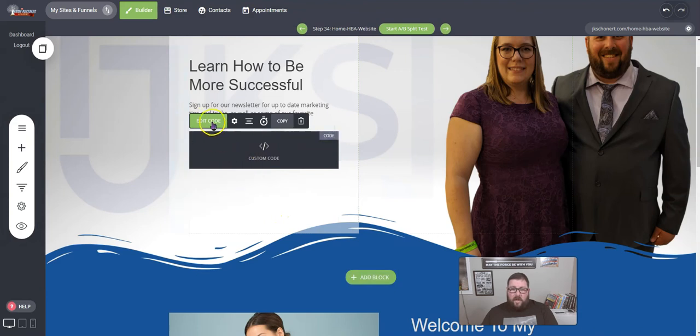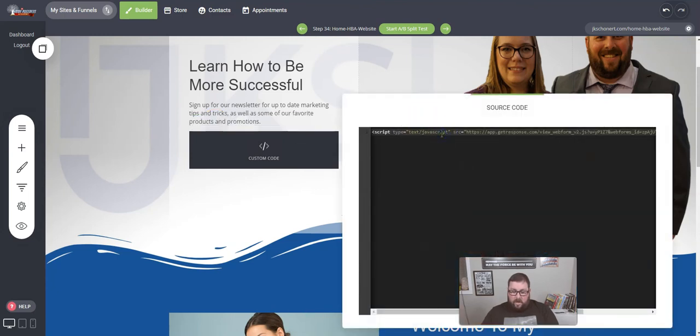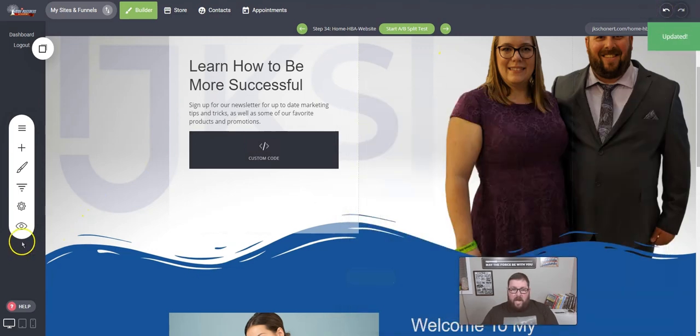And again, for those of you that are skipping past to the end, or those of you that didn't hear me the first time, this is using the HBA Funnel Builder. This is a low-cost funnel builder that has a lot of really cool features on it, and you can make things look really, really nice. Obviously, this looks pretty nice, and this is even just a quick rendition of one. If you look at some of the other stuff I've done, I can show you things that I've done otherwise. So same thing, go in here, select all, backspace, paste the new one in,